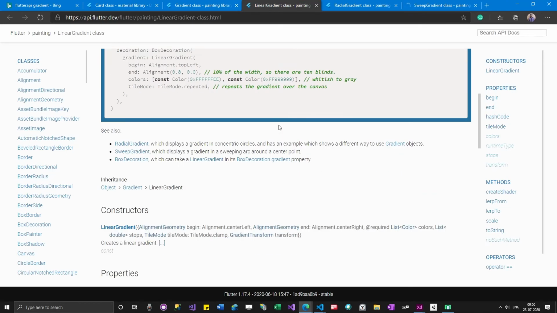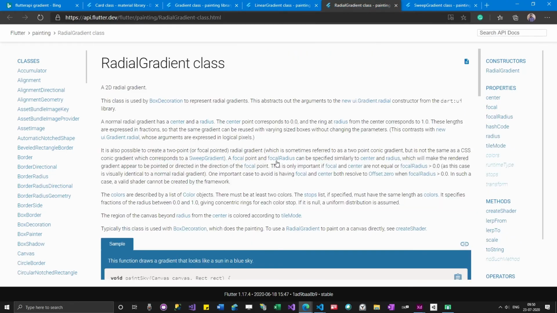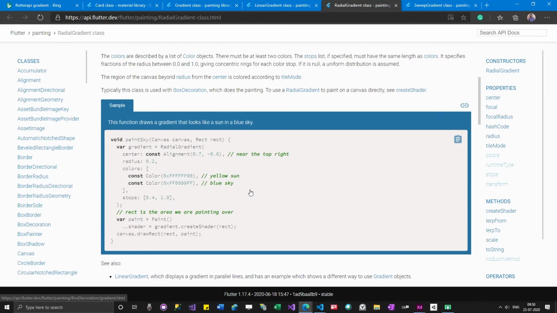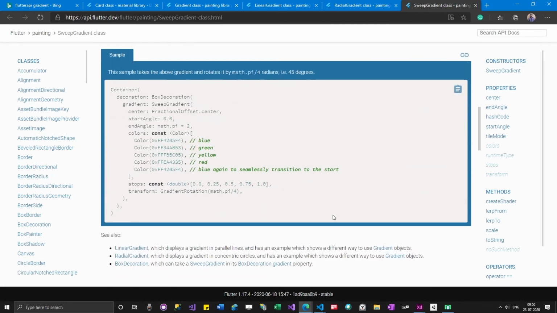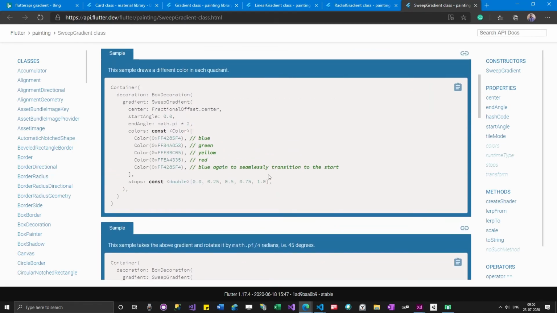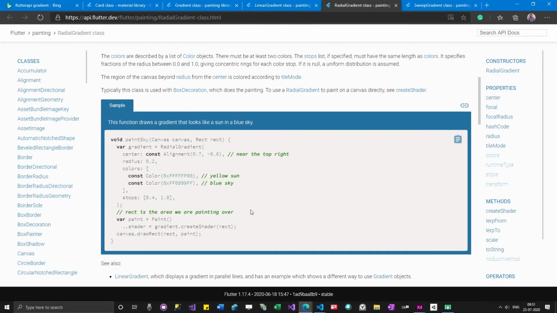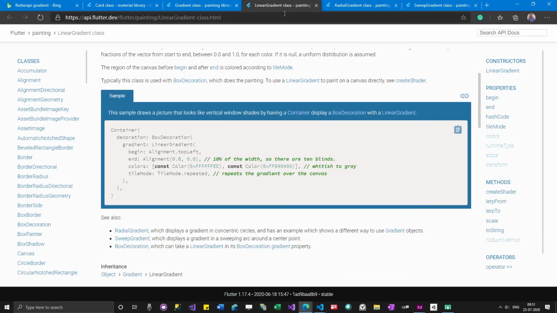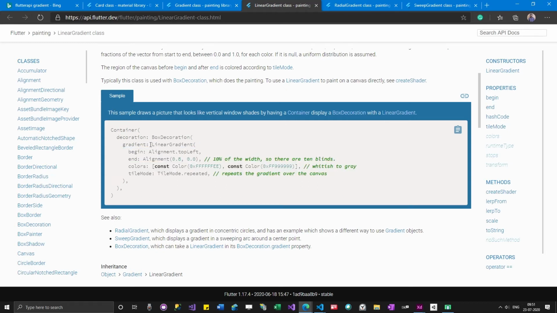Okay, let me open this. I'm not exactly sure what this sweep gradient is, but linear gradient and radial gradient I have tried before. So I will try to copy paste the code from here, linear gradient, and see how it changes the whole thing.